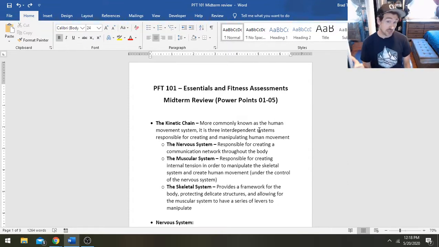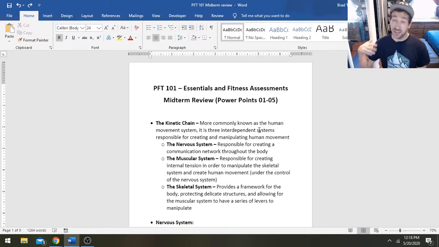So that's going to be your nervous system, which acts as sort of the communication network. It's gathering information, then choosing which response is most appropriate, and then sending the information back out in response. You've got your muscular system, which is under the control of the nervous system. It's responsible for generating internal tension in order to actually move your body. So your nervous system tells your muscular system how to respond, and then your muscular system does that,